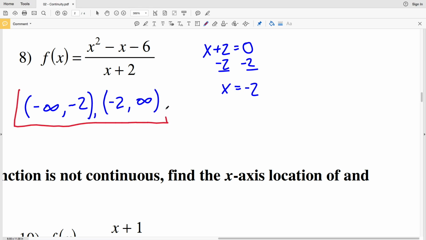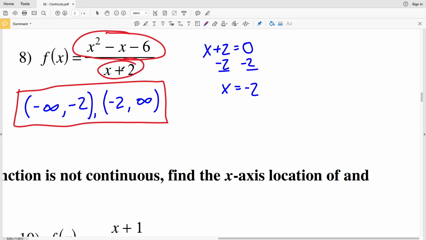And that's my solution in number 8. Also, I want to point out in number 8 that we are able to factor the numerator and cancel out that denominator with one of the factors of the numerator. However, regardless of whether this discontinuity is essential or removable, does not affect the intervals on which the function is